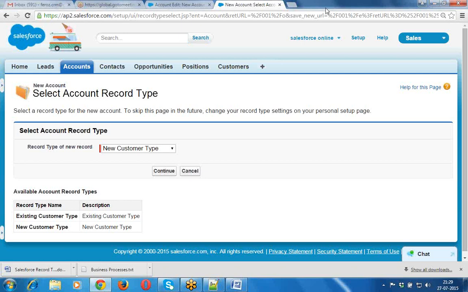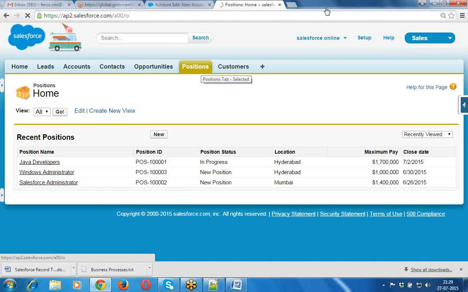Okay. So let's have a task. Create a record type for the position object. Everybody will be having the position object. Whenever you have an organization and some positions are open, for example, I'm a project manager in that organization handling some teams and projects. In my project, as of now, I have 10 Java developers working for my project.